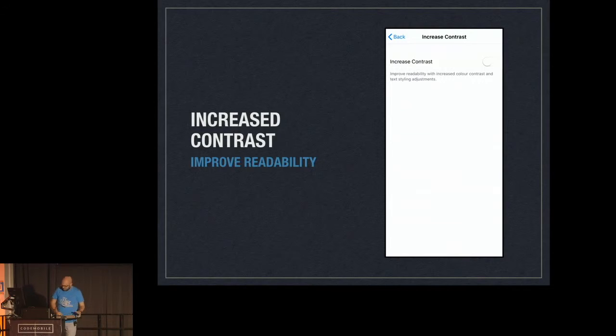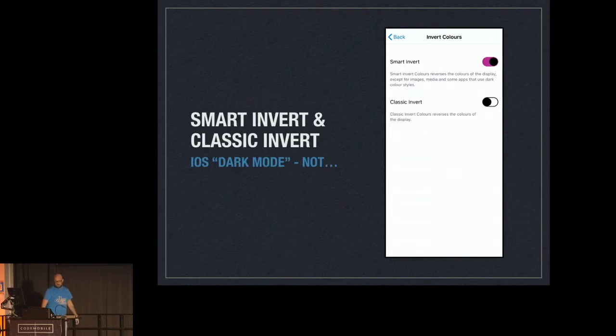So yeah. So then the next one was the Smart Invert and Classic Invert, which I call iOS dark mode, right? And I'm sure we've all played this a few times. Basically, it inverts the whole colours, and it's really weird because when you do a screenshot of the invert, it comes out like that when it really should be black. Obviously it shows you that it's not changing the skin, it's not changing the colour of the canvas or anything like that on iOS. It's just obviously some display technology that's being used. But I'm sure we've all seen it before. Some people call it dark mode in iOS, apart from the fact it does mess up all your apps. So again, same with that, with Smart Invert and Classic Invert.